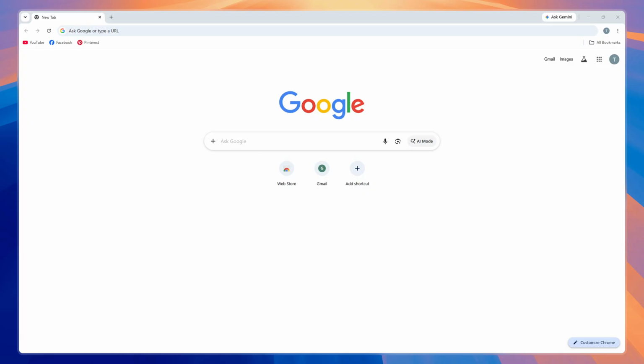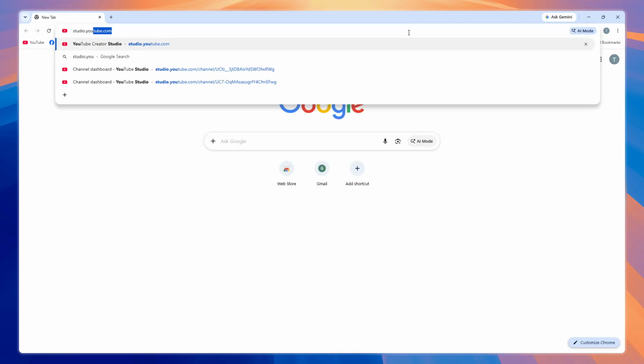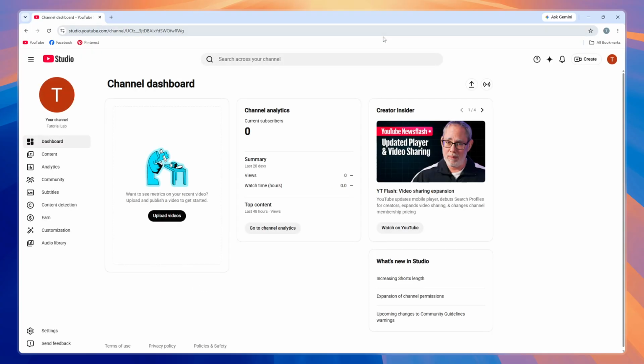First, open your Google Chrome browser on your computer. Once it launches, direct your attention to the top of the window where you'll see the search bar. This is where you'll navigate to YouTube Studio directly. In that search bar, type in studio.youtube.com and press the Enter key on your keyboard. This will take you straight to the YouTube Studio platform, bypassing the regular YouTube homepage and getting you directly into